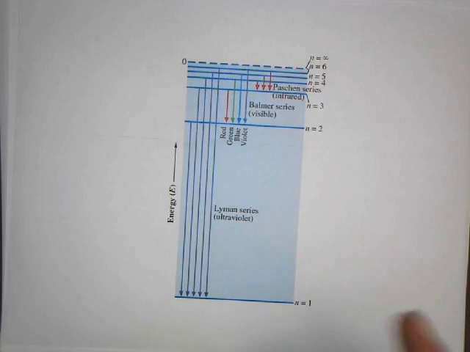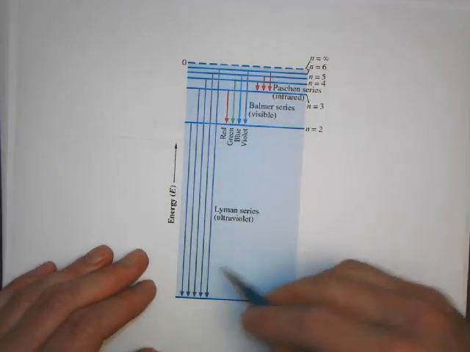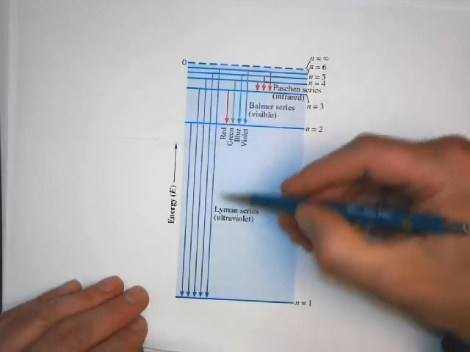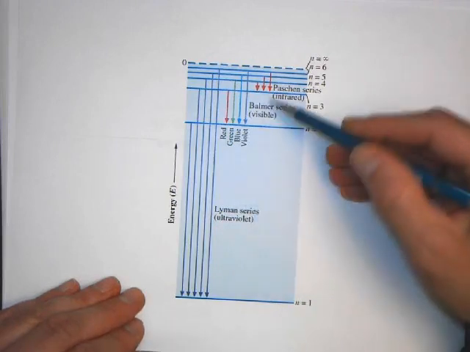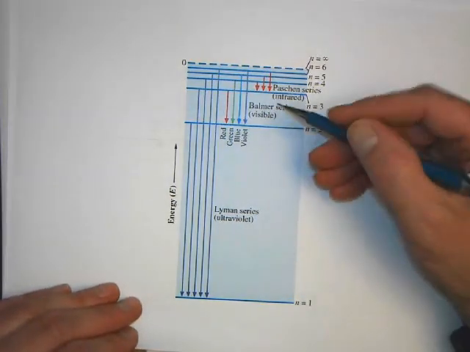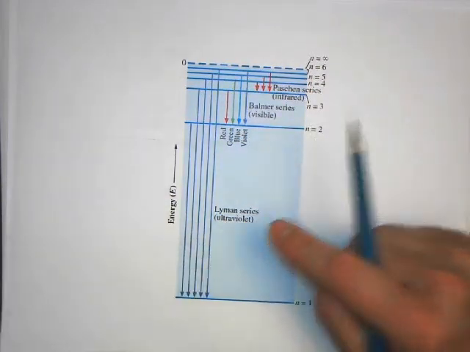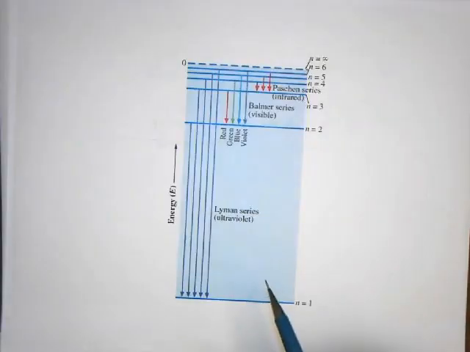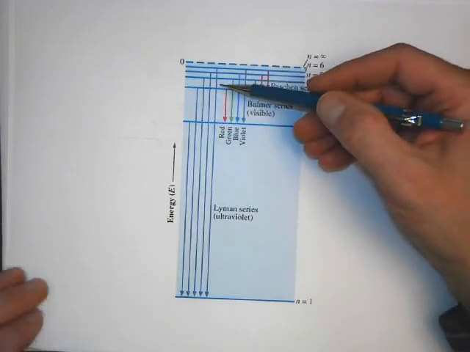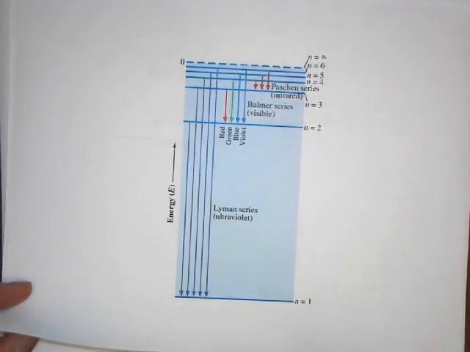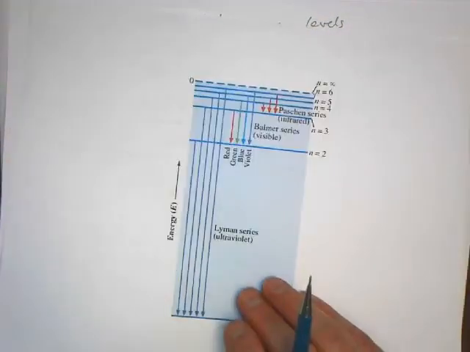This is another figure from your text, but many of these lines were studied for a number of years to be able to say, oh, okay, you can predict the differences between these, and they have names: the Balmer series, the Lyman series, the Paschen series, and so on. Keep in mind that the series of lines we're seeing are named after the people that described the spectral lines. We're seeing a transition of an electron from a higher energy level to a lower energy level that emits a photon.